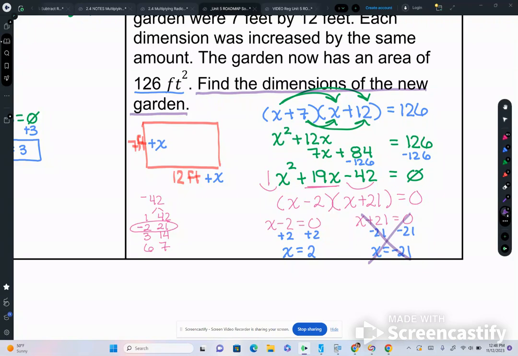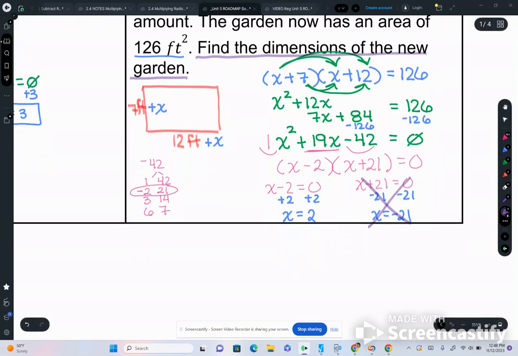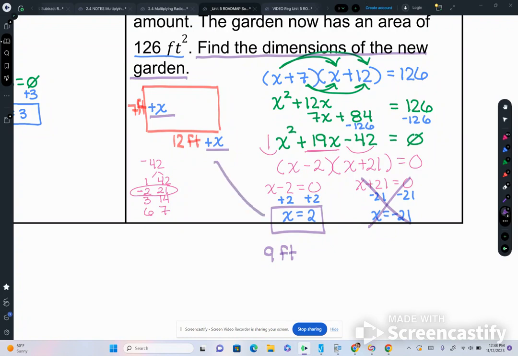And so now we can plug in our 2. If we take our 2 value and put it in where the x is in each of those, that makes it so that my dimensions are 7 plus 2, which would make 9. And if I put 2 in where the x is up here,